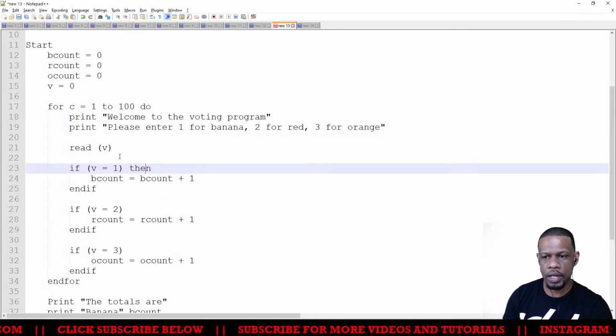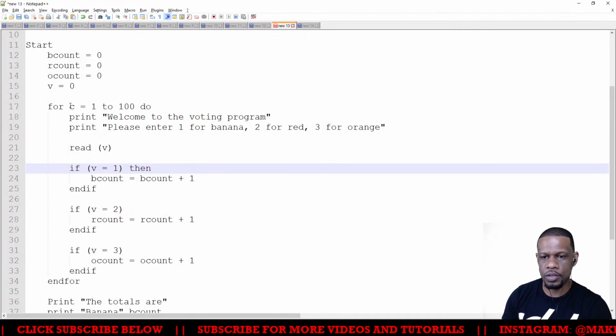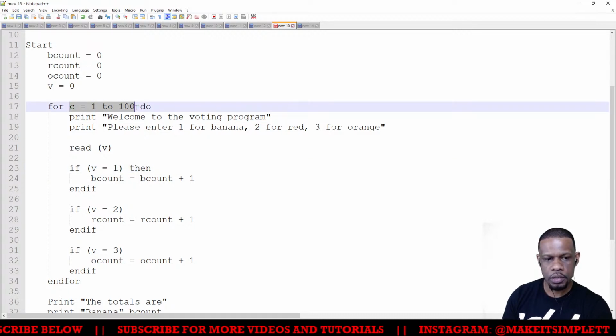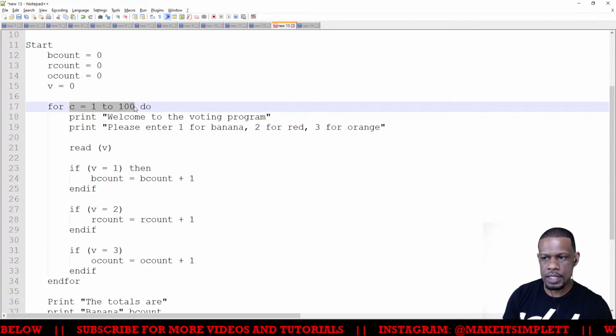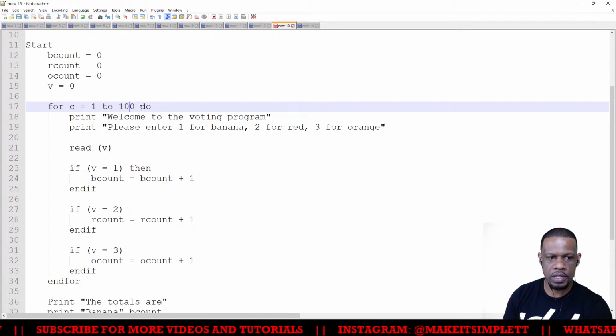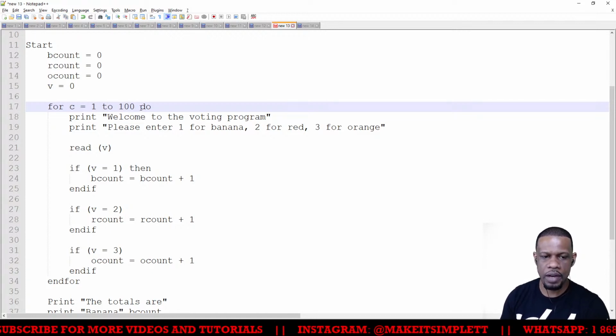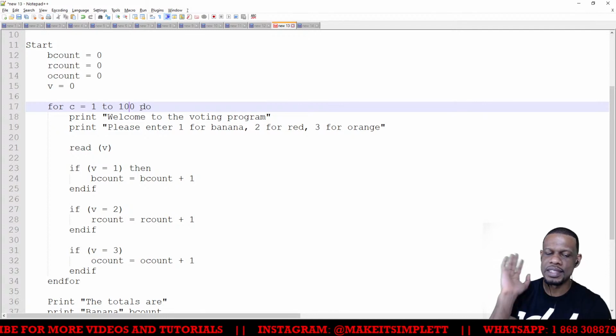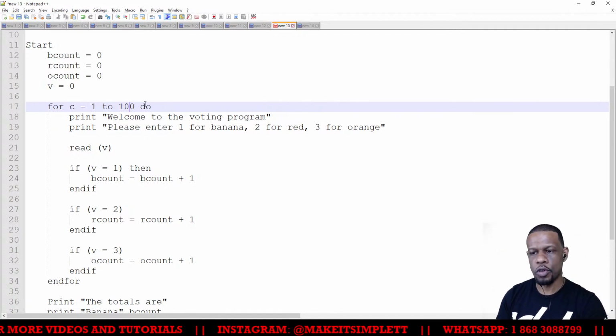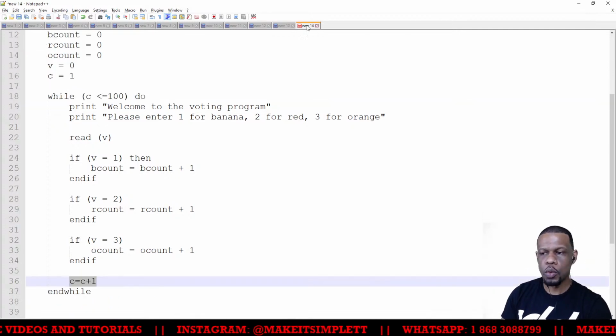So this is the for loop here. The for loop is smart enough to figure out, okay, I'm just going to go from 1 to 100. No issues there. Easy, easy. The for loop is smart, it went to college, has a degree. Even though having a degree doesn't mean that you're smart these days, but long story short, the for loop is smart. The while loop is not smart.